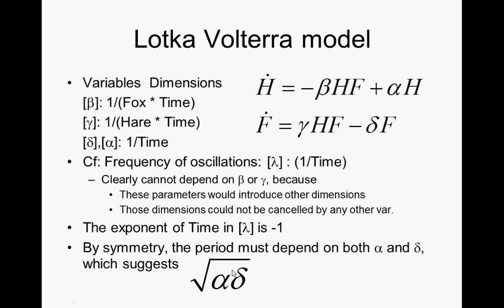And this is correct. Just from dimensional considerations, and noticing that this is kind of symmetric, so it's got to depend on both alpha and delta. If it depends on one, it has to depend on the other. It can't depend on these guys because foxes and hares wouldn't be able to cancel. And it doesn't depend empirically on the number of hares or foxes. It's got to depend on it in this sort of way. And so you could derive it. Similarly, people centuries